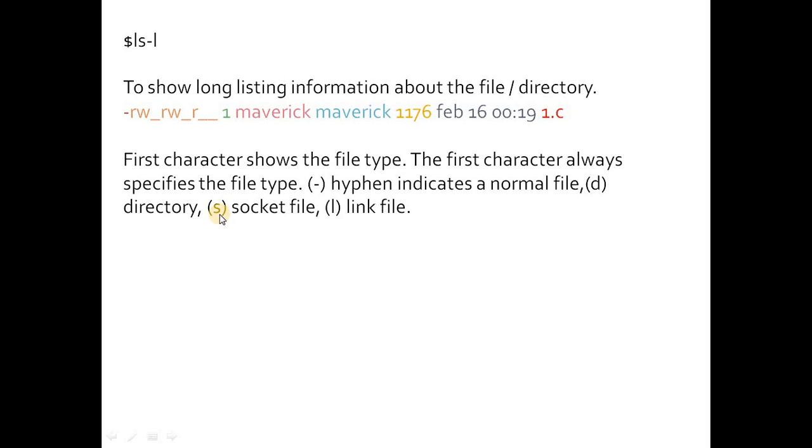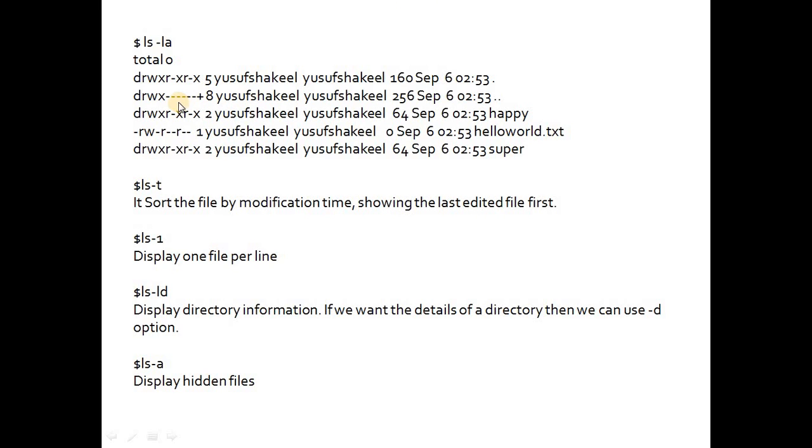If it is s, it means it is a socket file. And if it is l, it means it is a link file. So here in this output we can see a hyphen, which means this file is a normal file. And in the previous outputs you can see d, which means it is not a file but a directory.